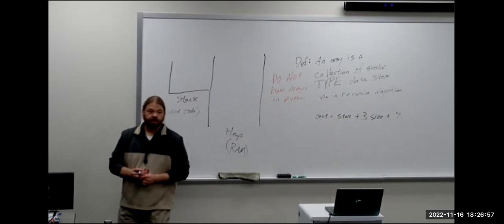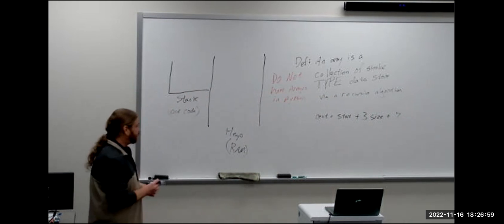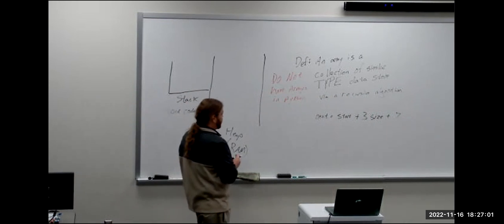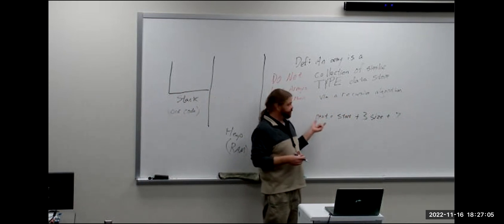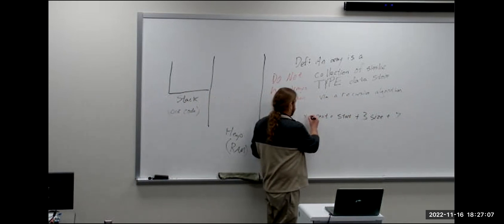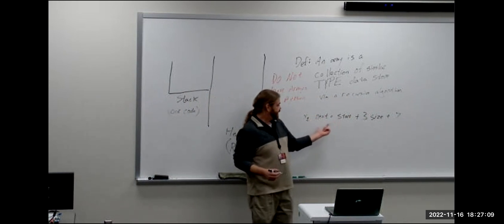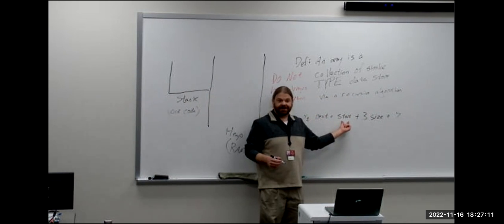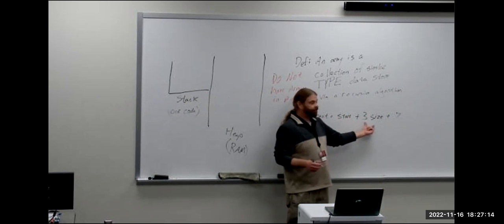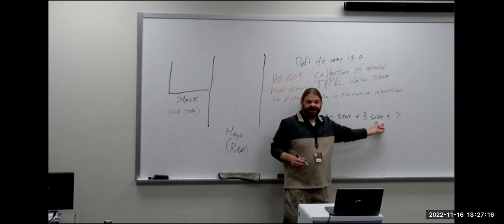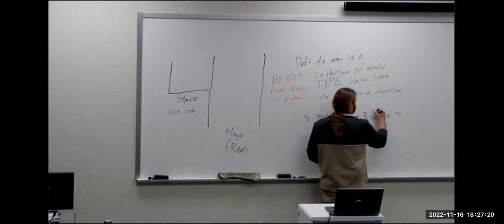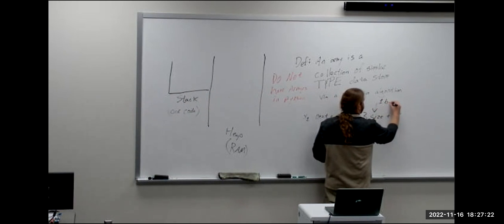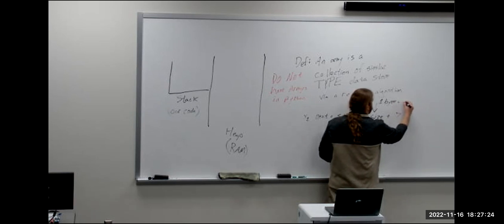So 3 times our size plus 7 will get us back to the next one. It's recursive. So this is x1. And then x2 is where x1 starts, plus 3 times the size of our data. Let's say 1 byte to make it easy. Our data is 1 byte, 8 bits,